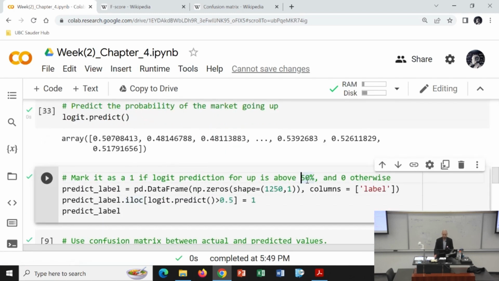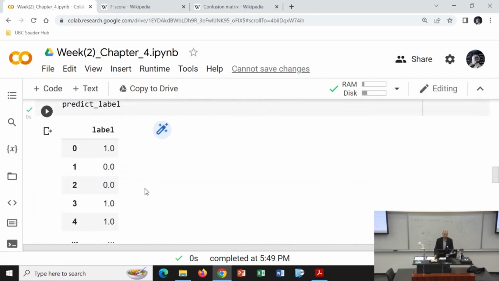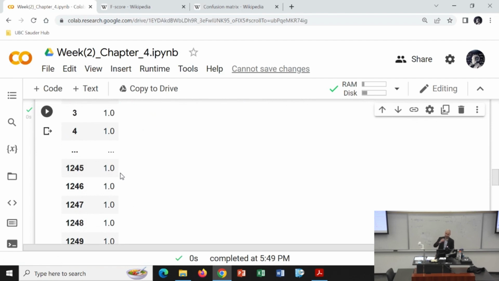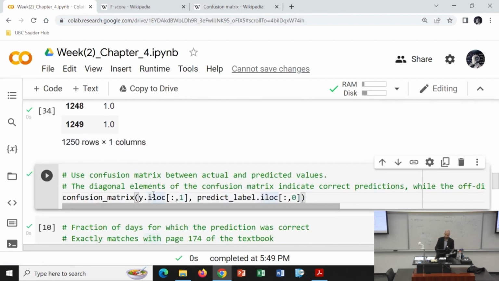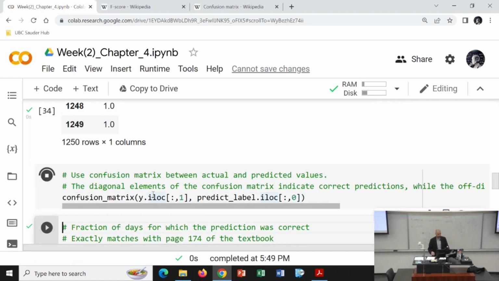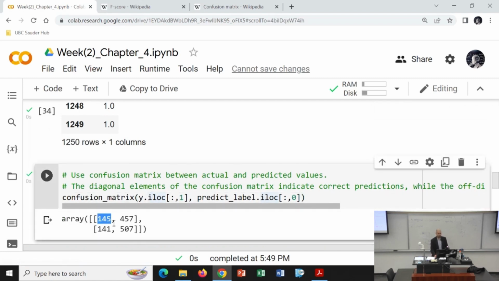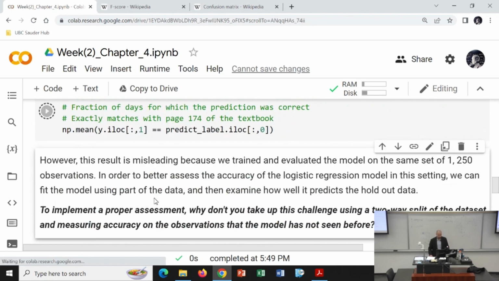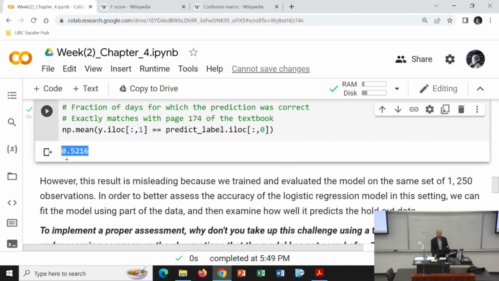So now we're going to use a threshold of a half. Whenever it's larger than a half, we consider the prediction to be class 1. So then our classes are like these. These are the predicted classes. And now based on whether these predicted classes match with the actual classes, we define the confusion matrix. So the confusion matrix looks like this. This is true positive. This is true negative. And you can see that these are the cases where we are misclassifying. Now, if we look at some accuracy measure, we are just 0.52 accurate, or 50